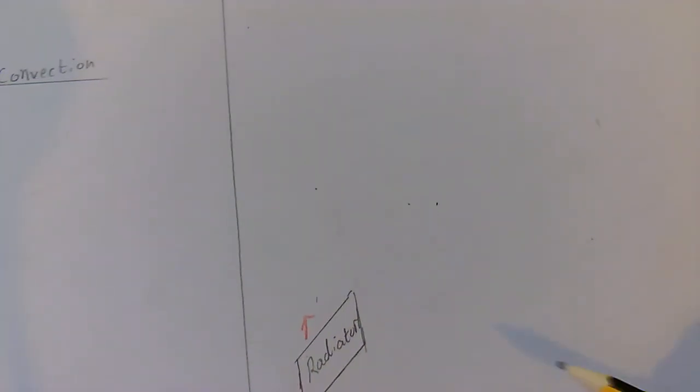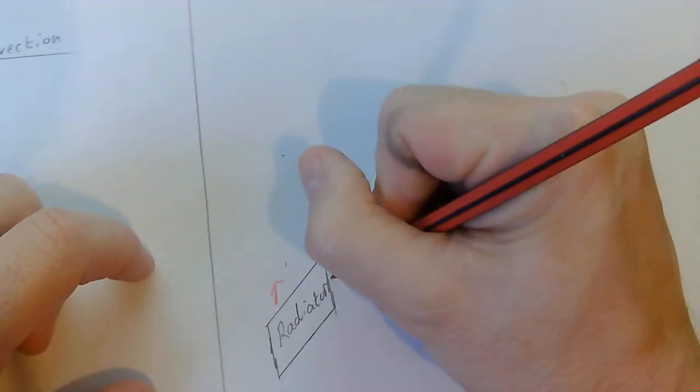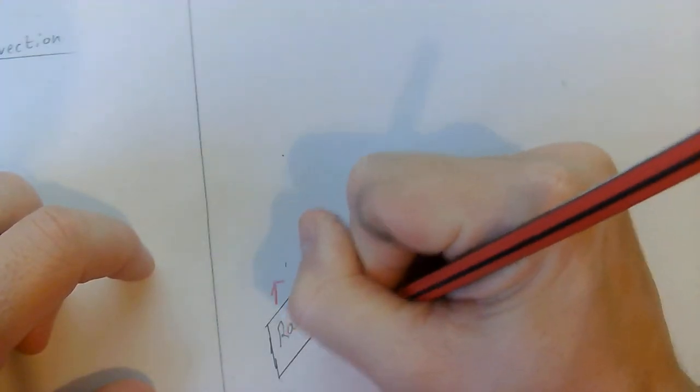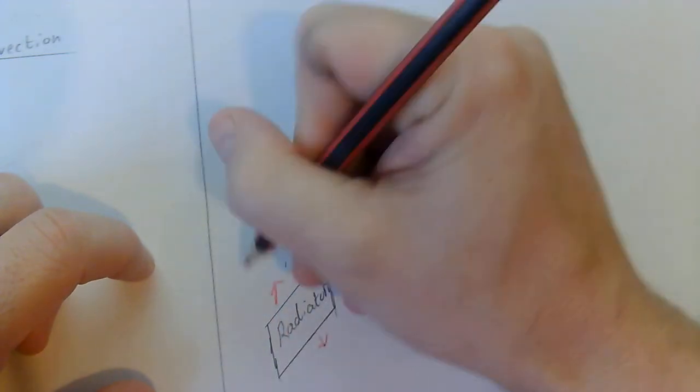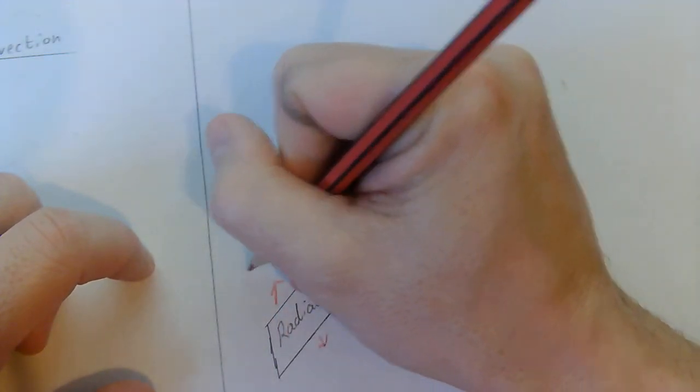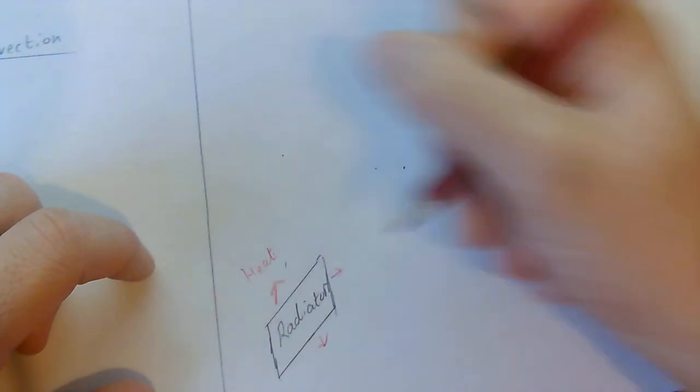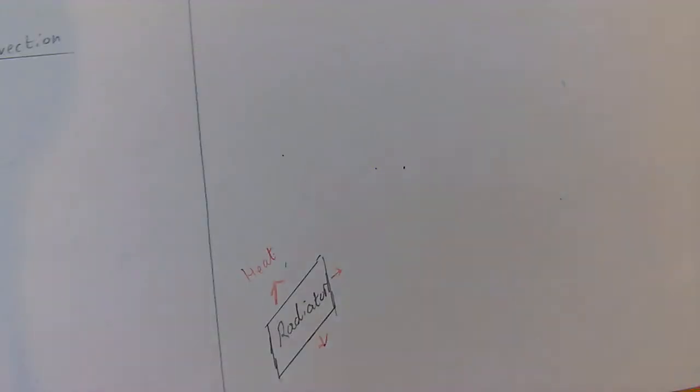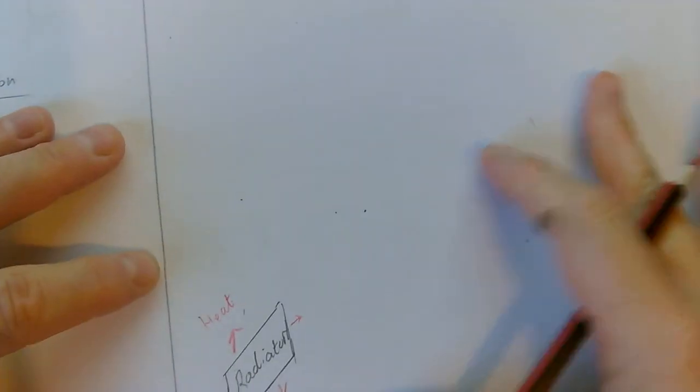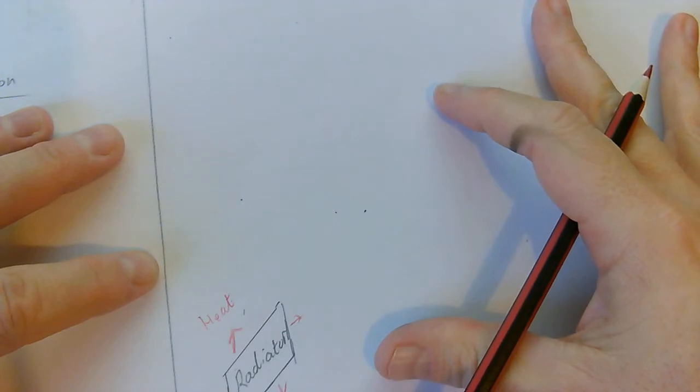Okay, so we're going to look at energy transfer in particles with regards to convection. What we've got here on the diagram so far is a radiator, and it's on. So what will happen is we're going to get our heat, like so. Now if this was a room, a normal room, you get a radiator on, it